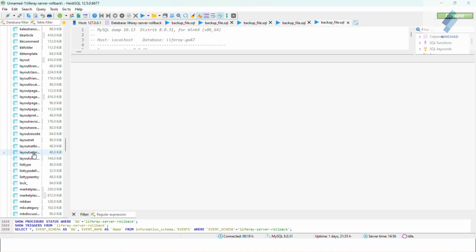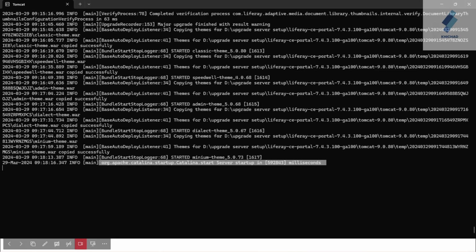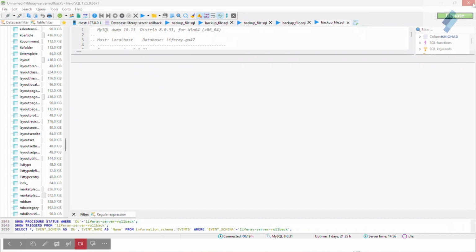Now let's move on to the next step for the Liferay server rollback. So first we need to shut down your existing server. So I'm just shutting down the Liferay GA100 server. And go again to the home path of your older server.